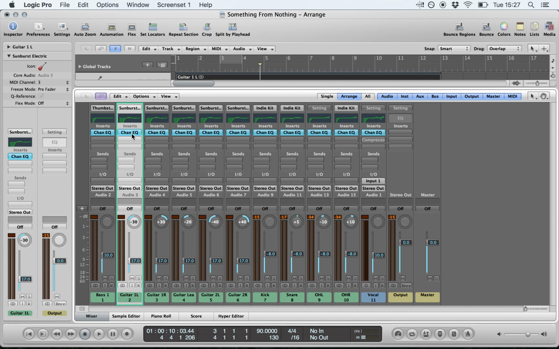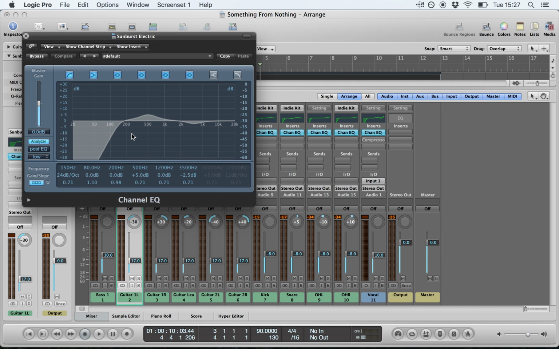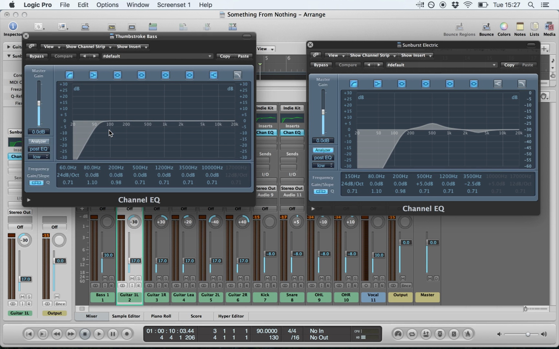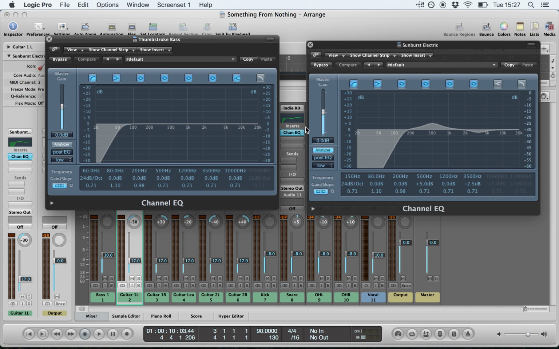Other considerations are your guitar. Now, in order that the guitar is clear against the bass and we can still hear the bass, you'll probably need to make sure that your use of a high pass filter and the frequency set to is higher.